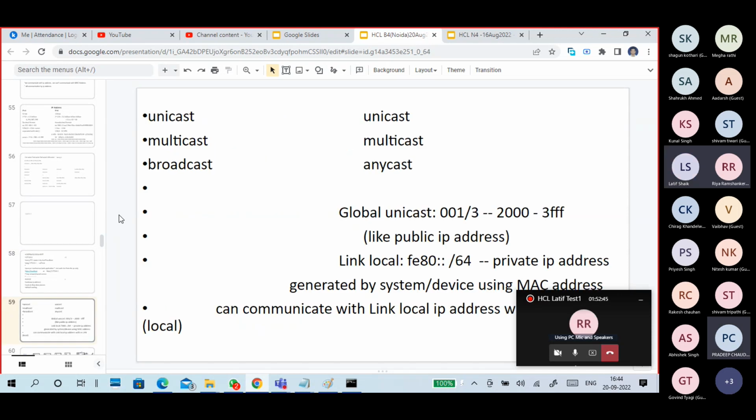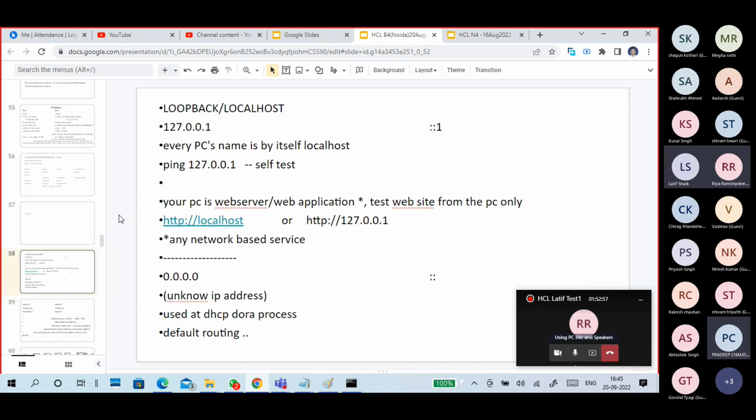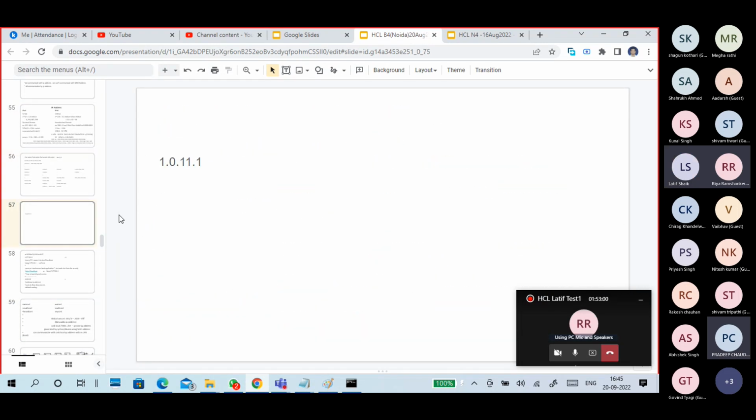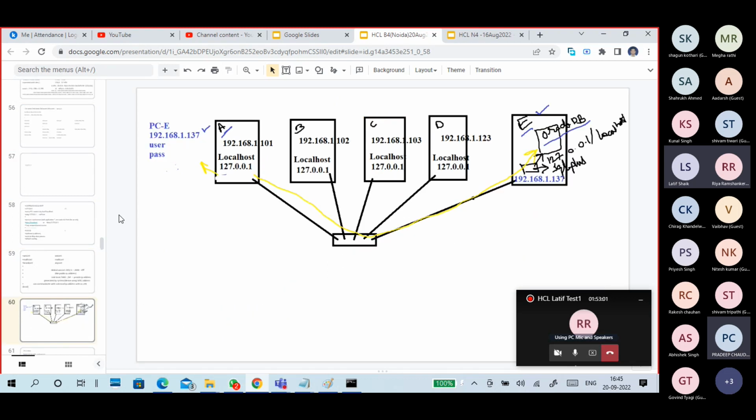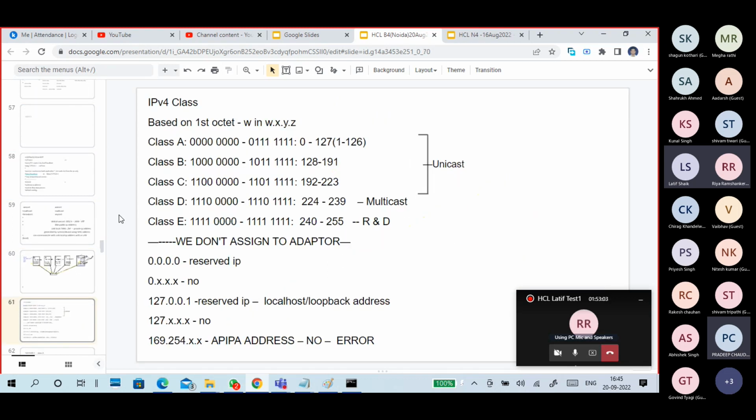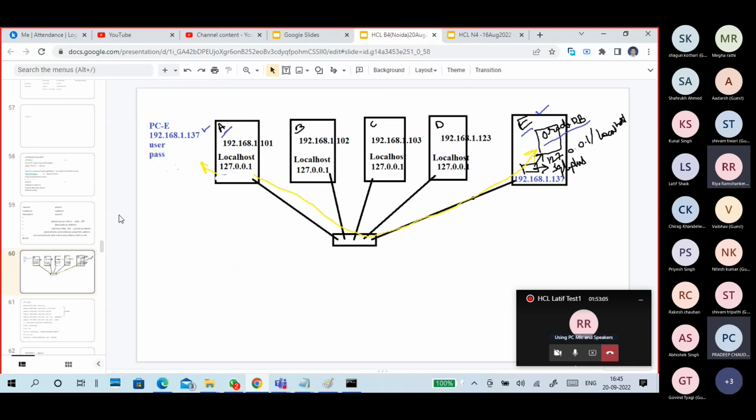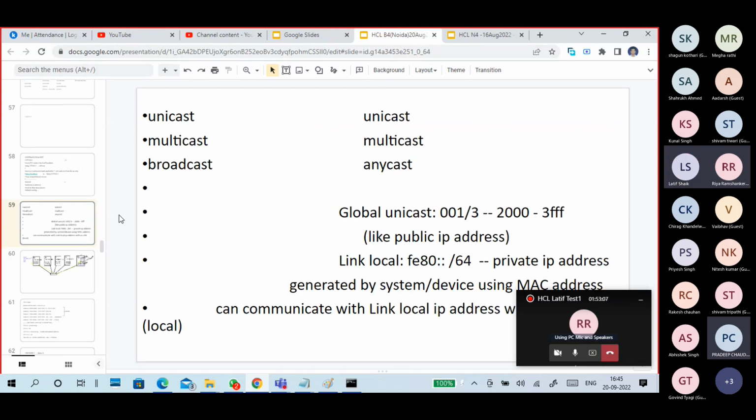In IPv4, we have unicast, multicast, and broadcast communication. In IPv6, we have unicast, multicast, and anycast communication. In IPv4, we divide IP addresses into classes, like class A, class B, class C, class D, and class E. In IPv6, we divide IPv6 addresses into local,